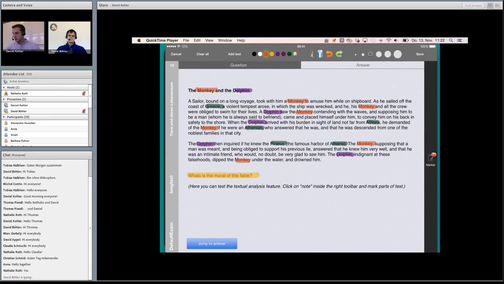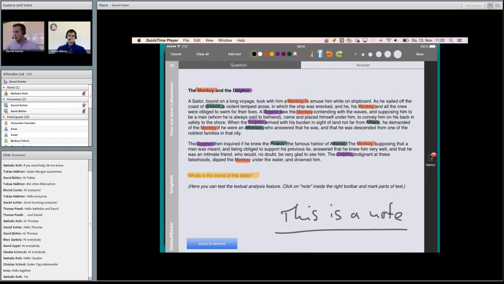text. I can also write something down, like this is a note, like this. And I can also erase notes again.